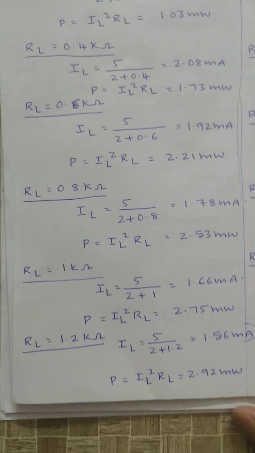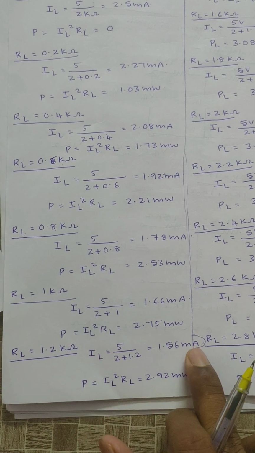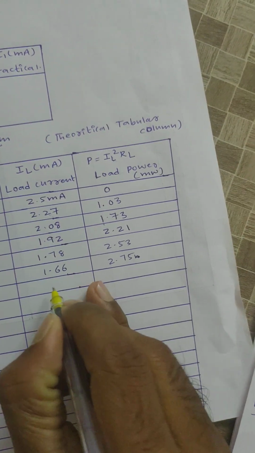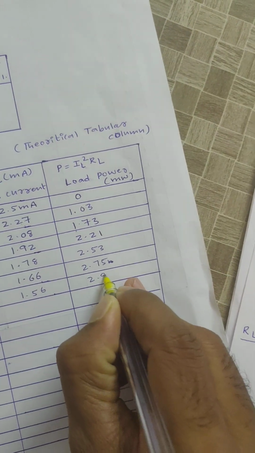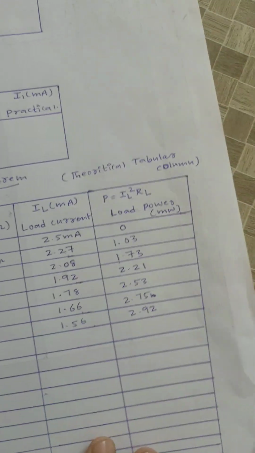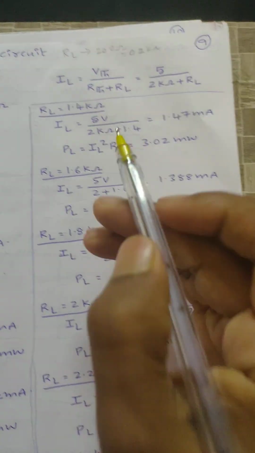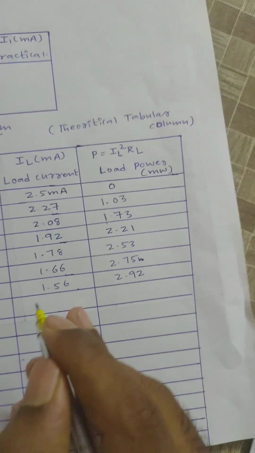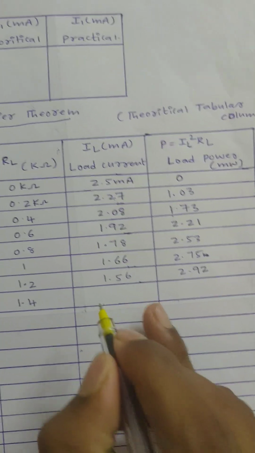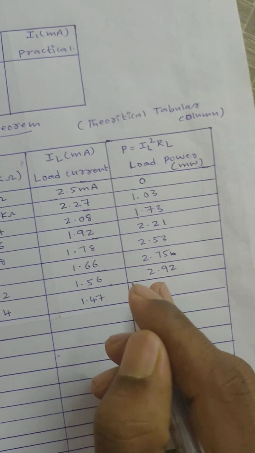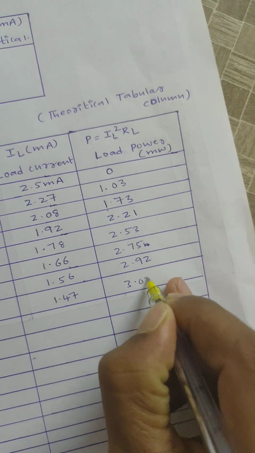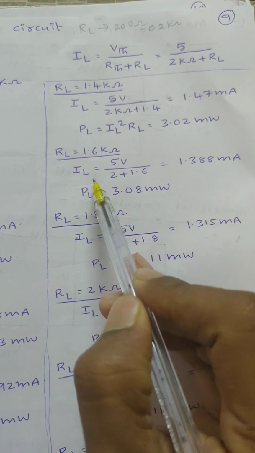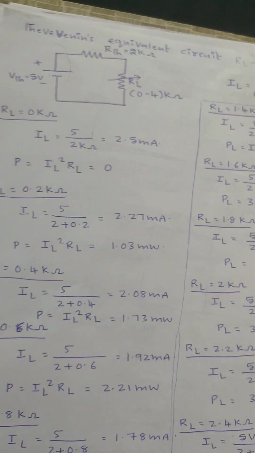Okay, similarly RL is equal to 1.2 kilo ohm. When RL is equal to 1.2 kilo ohm, IL value is 1.56, right? Power value will be 2.92. Next, when RL is equal to 1.4 kilo ohms, IL value is 1.47 milliamperes, right? Power value is 3.02. Next, when RL is equal to 1.6 kilo ohms, load current IL value will be 1.388,